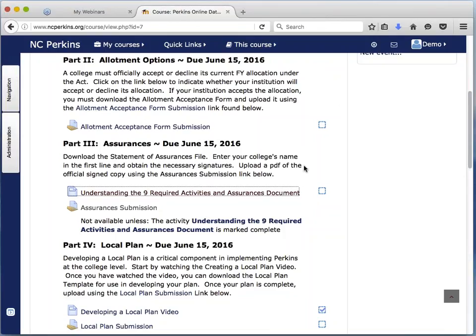So the first one says, I've attached one job description. Will I be able to edit and add another? Yes, we have given the colleges the ability to add up to 10 job descriptions, and so you should be able to go back in there and just attach the others.